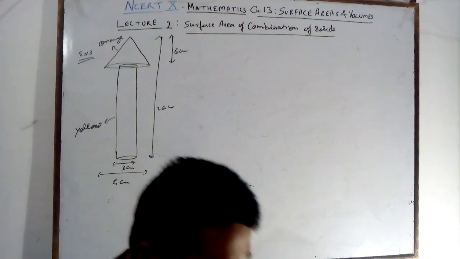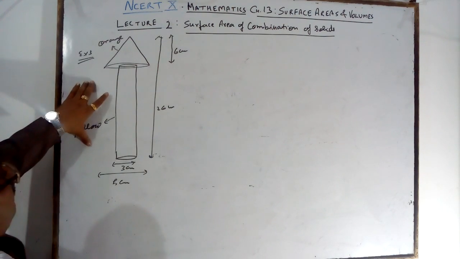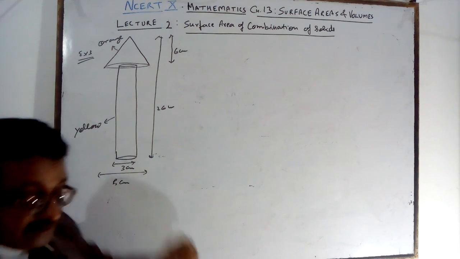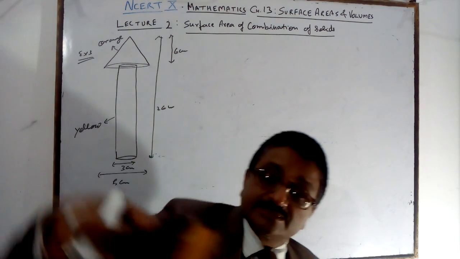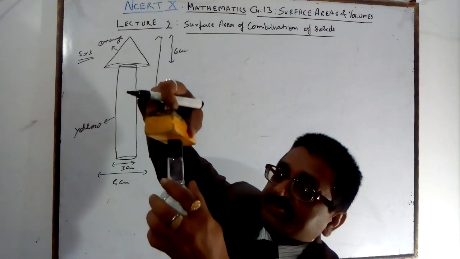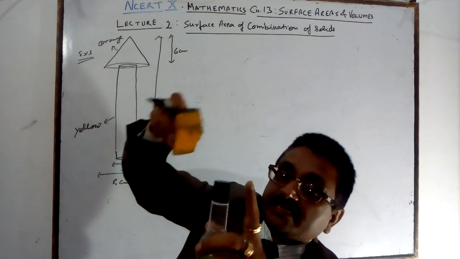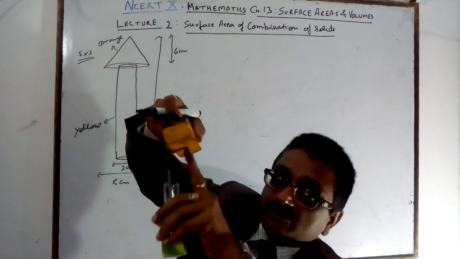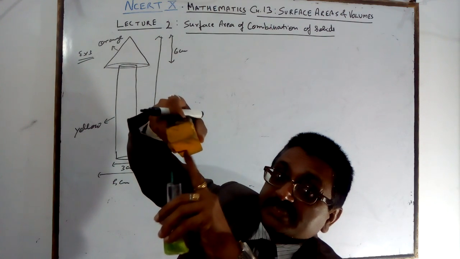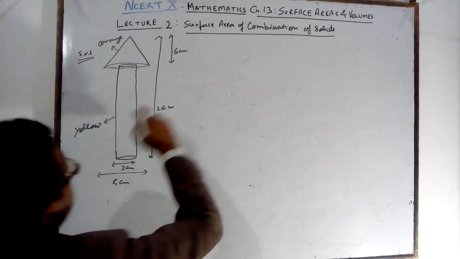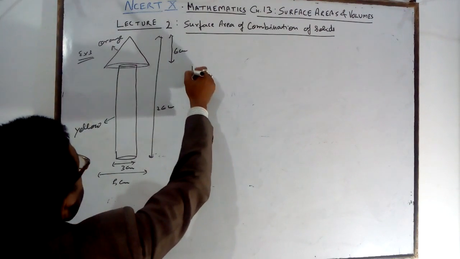Very simple. What will you see? First of all, you want to find the conical portion, but there is one part covering this. What is the meaning of this? It means the top of the cylinder is covering this part of the base of the cone, which will not be painted. So for orange you will calculate the CSA.